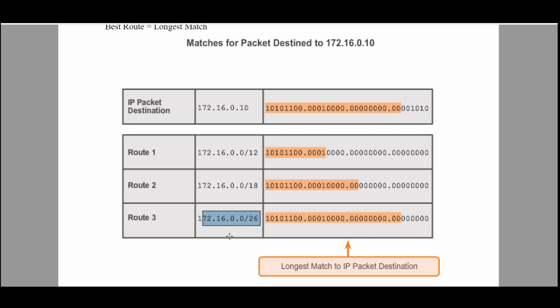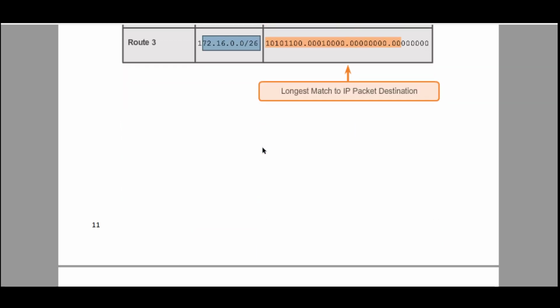Level 1 parent is called a summary. Level 2 child means subnetted, where the subnet mask will increase. By default, if it is 16, it will be 17, 18, 19, like that. So they are called level 2 children. This is the routing table entry. This is a very important question, even in short answer or multiple choice.